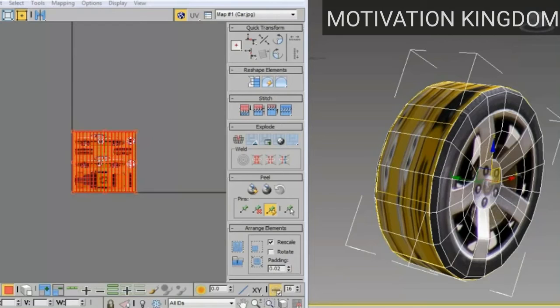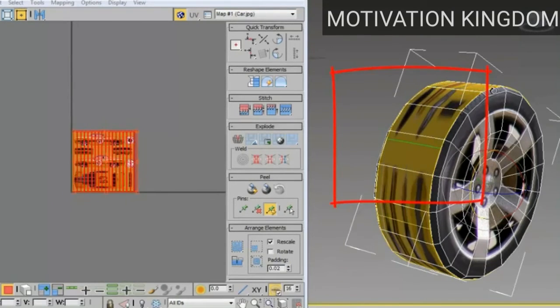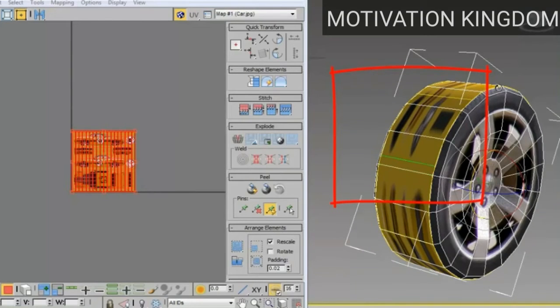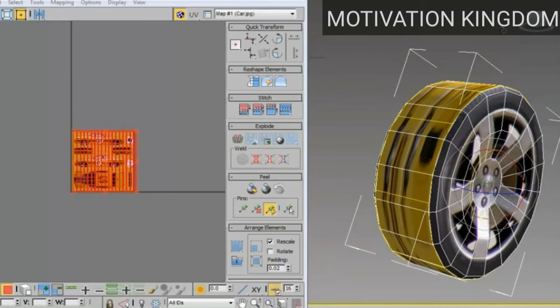Before you exit the cylindrical mapping projection, try to rotate it on the Y-axis in the viewport. Notice the green line that appears at one point. This is where the mapping seam is. By rotating the cylindrical map, you can decide where you place it. Ultimately, it won't make much difference in this case as the treads are meant to tile, but keep that in